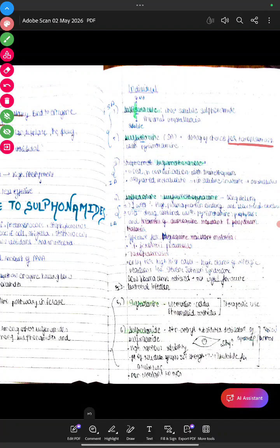It is the drug of choice for toxoplasmosis with pyrimethamine. So for toxoplasmosis we use sulfadiazine plus pyrimethamine. Okay, now